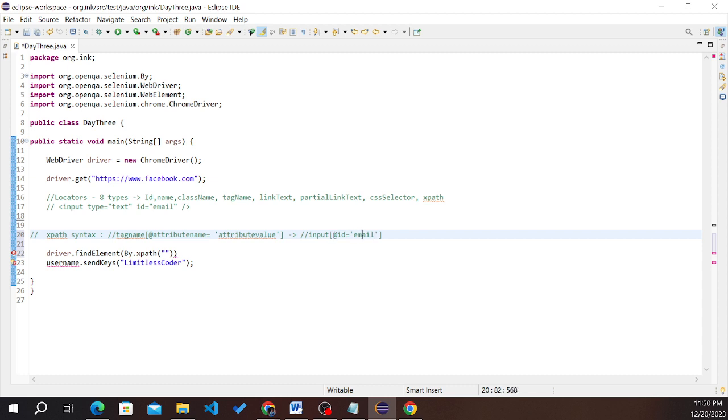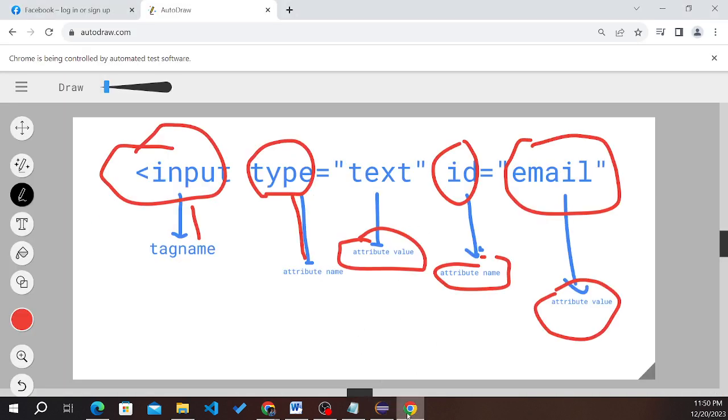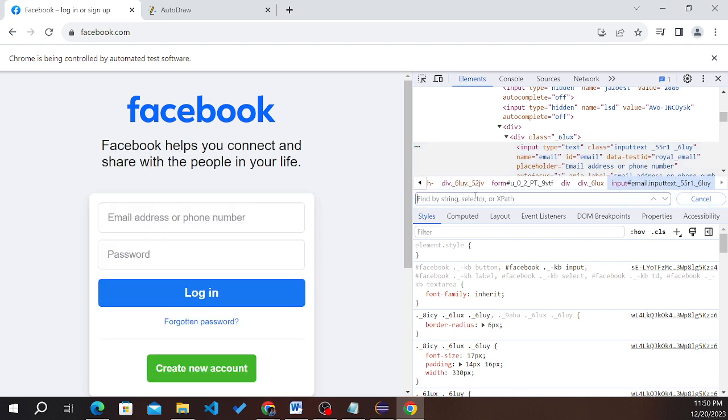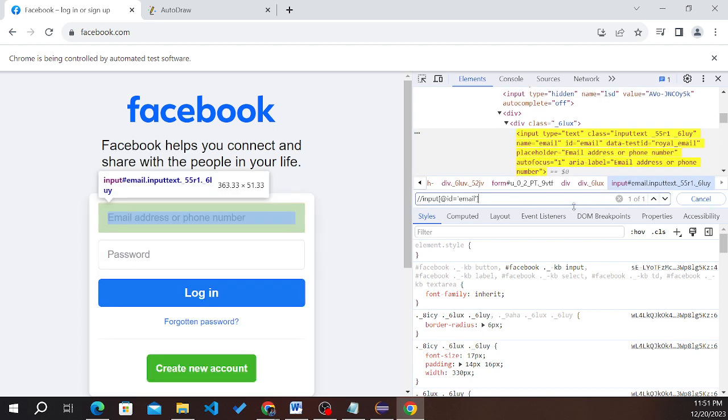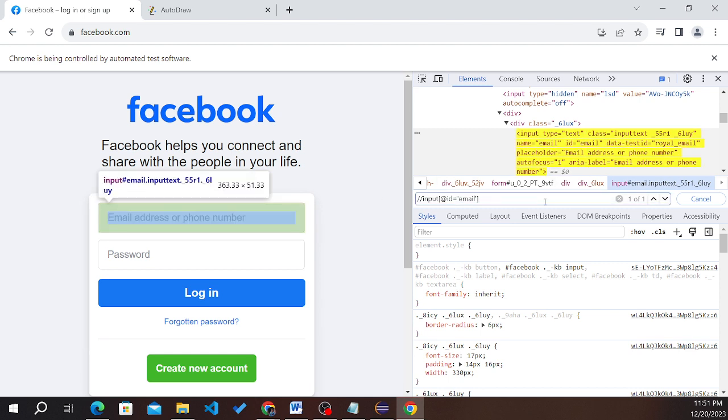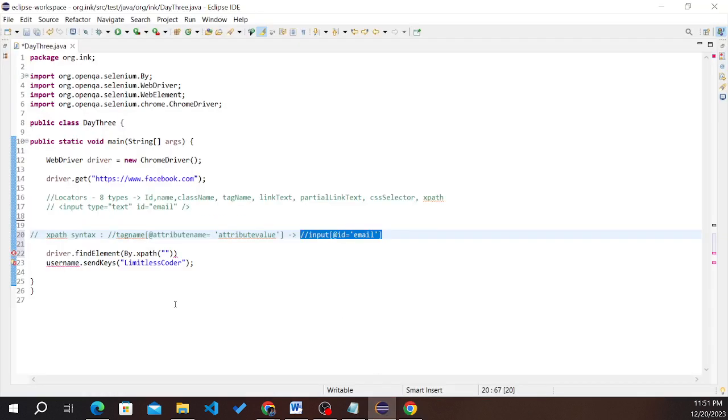Even if it is working or not, you can check it out by copying this and pasting it here. You can press Control F, and find the selector or find a string. Yeah, it is showing 1 of 1. By pressing enter, the locator is selected, you can see here. Now we are going to copy this one, then we are going to enter here,